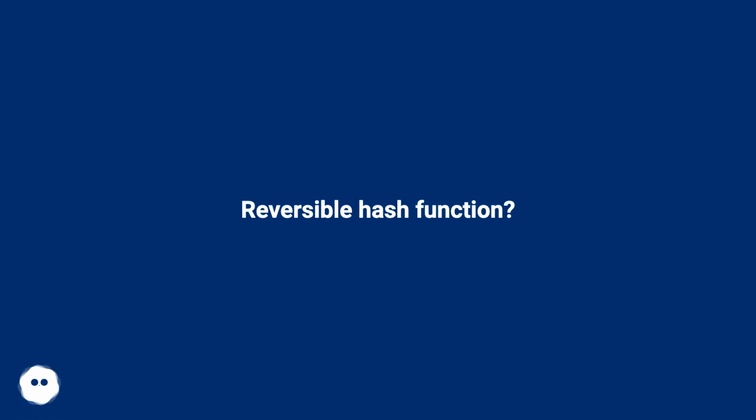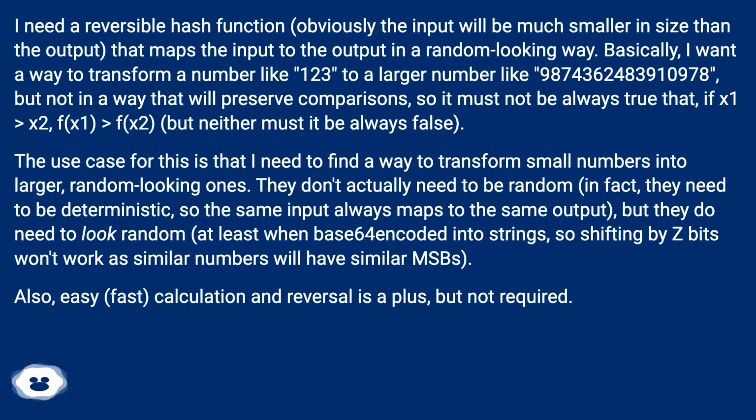Reversible hash function? I need a reversible hash function. Obviously the input will be much smaller in size than the output, that maps the input to the output in a random looking way. Basically, I want a way to transform a number like 123 to a larger number like